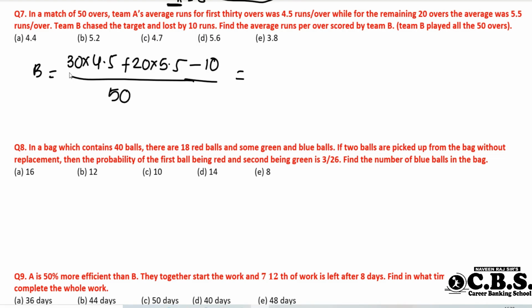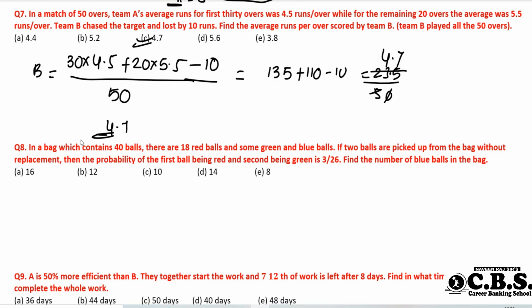If you want to do this, just use the half and double technique. Or you can do it as 4.5 doubled, or 45 threes, which are 135. So the second part is 110. Then 110 minus 10. So 235 divided by 50. 5 fours are 20, 5 sevens are 35, so 4.7 is the right answer. Option C is the right answer.